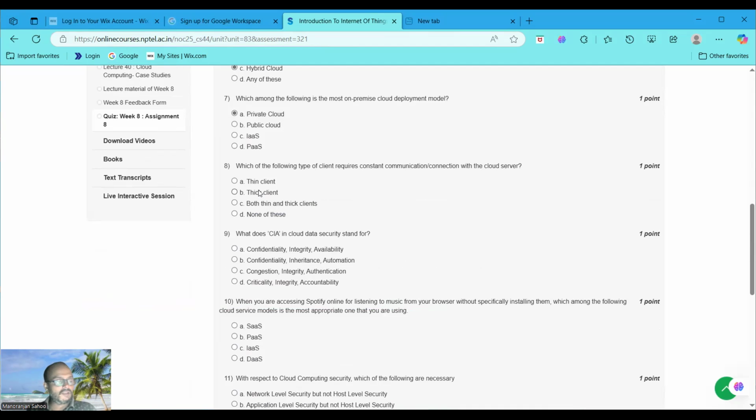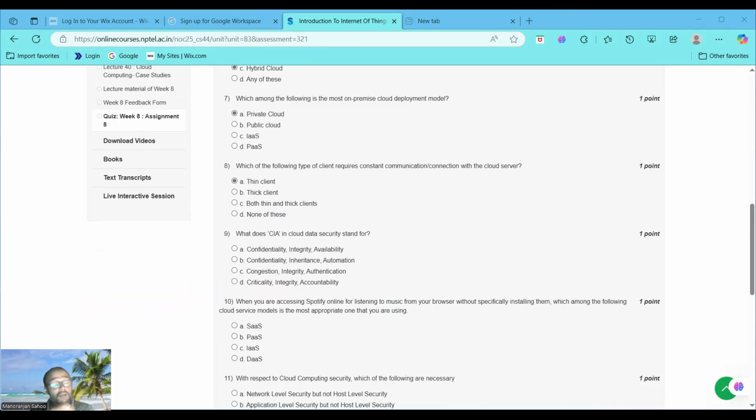Now, moving to question number 8. Which of the following types of client requires constant communication or connection with the cloud server? That is option A, the thin client. Understood? Why choose the thin client? A thin client relies on the cloud server for processing and storage, requiring a constant connection. That is web browsers. A thick client, that is a fat client, has local processing and can operate